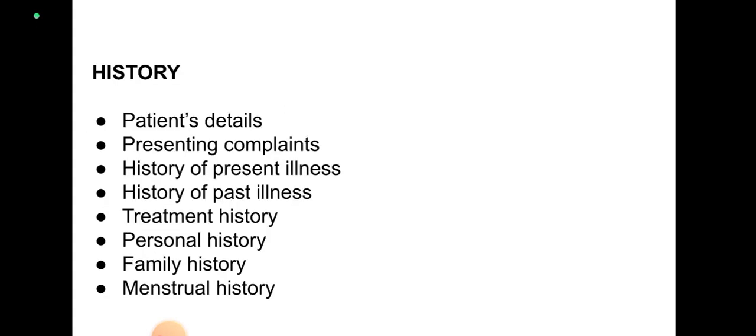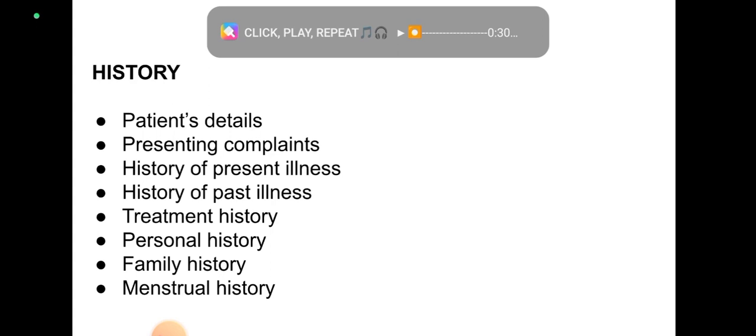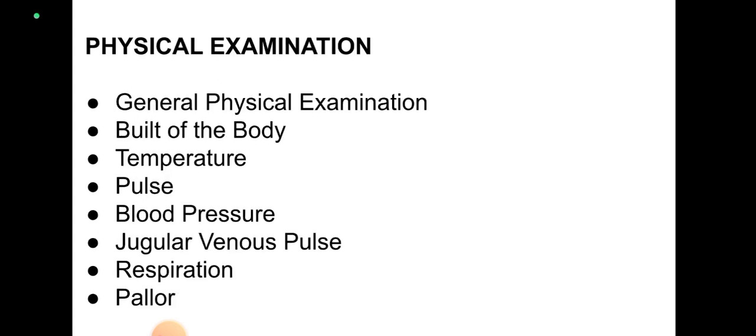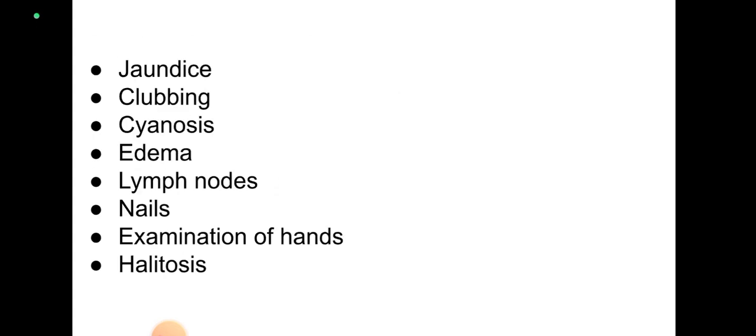In clinical methods, we studied about the history, physical examination, scheme of general examination, and systemic examinations. History is noted in detail, in which we start with patient detail, then move ahead and note down presenting complaints, history of present illness, history of past illness, treatment history, personal history, family history, menstrual history. After that, we do physical examination of the patient, starting with general physical examination, build of the body, temperature, pulse, blood pressure, jugular venous pulse, respiration, pallor, jaundice, clubbing, cyanosis, edema, lymph nodes, nails, examination of hand, and halitosis is